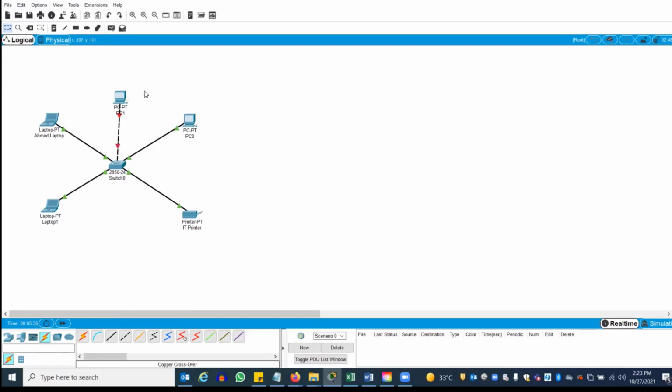Wrong. Why? Because you need the straight cable. Yes, very good. So in this scenario, this will never turn green because it is wrong. Whenever you have an issue, make sure to look for the color. If it turned green, then it is right. Then you have to assign the IP address manually.